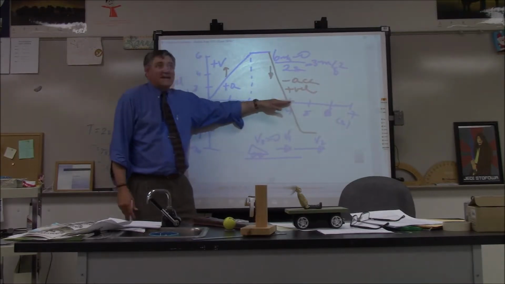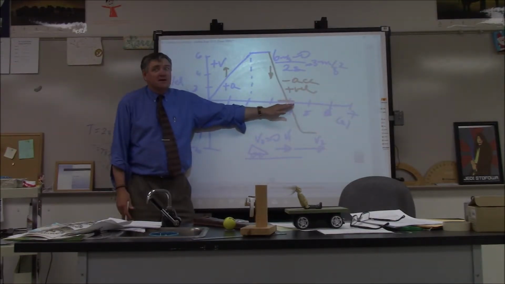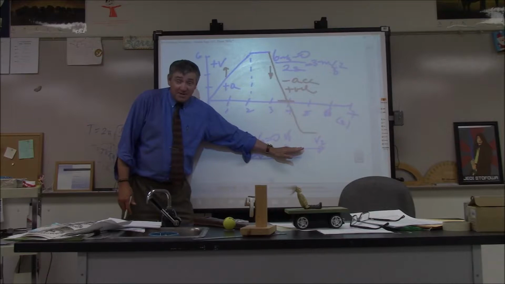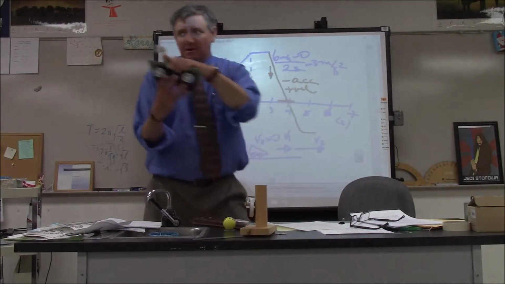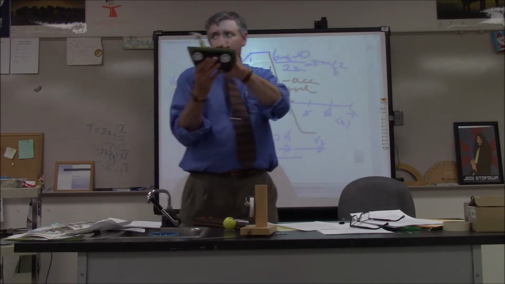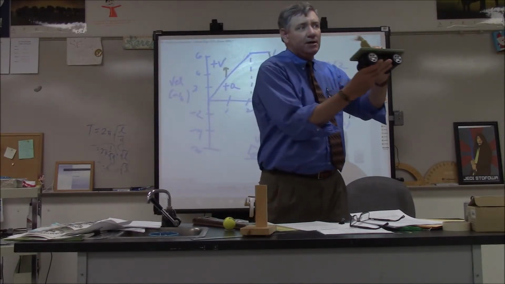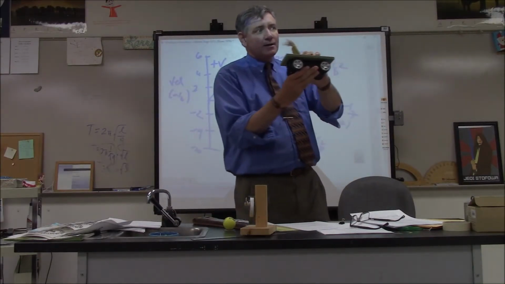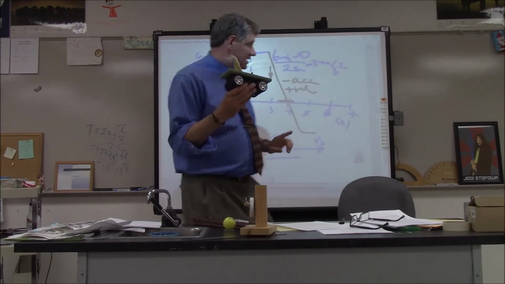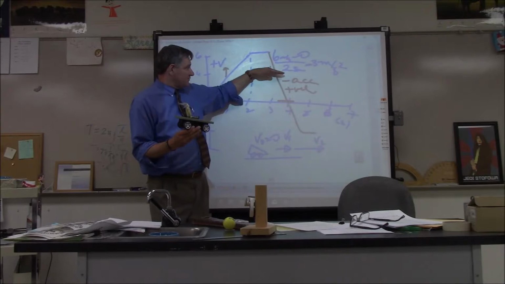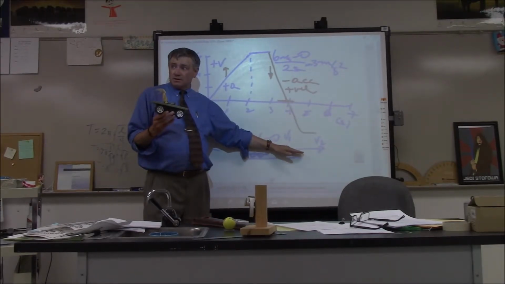I can't go any slower than constant velocity. My velocity, I'm going to start to speed up, right? Yep. So here's what happened. Okay, here's the car. We were at rest. We sped up, constant velocity, slowed down, hit 0, and then we're going to go back in this direction. And I know I'm going to do that because my velocity went from positive to negative.